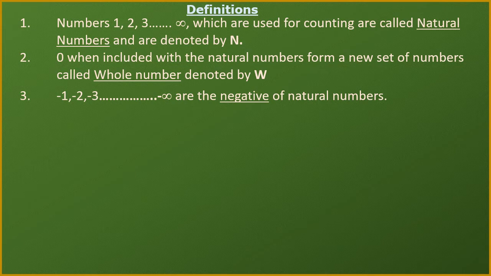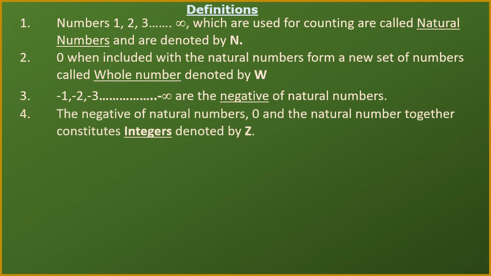Before that we shall see the definition of negative of natural number. If you put the minus sign on each and every natural number, then they will be called negatives of natural numbers. Then the next definition we have is integers. The negatives of natural numbers, 0 and natural numbers together are called the integers. Means if we combine three things, first natural numbers, second negatives of natural numbers, and third 0. Remember, 0 is neither positive nor negative. So if I combine these three things, this will be called integers.